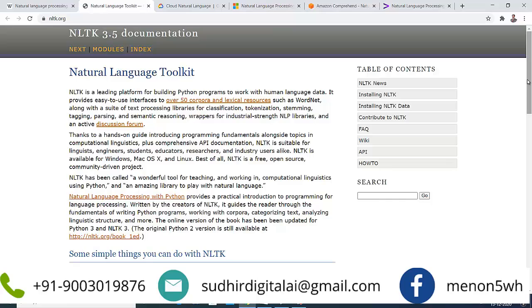Okay, it provides easy to use interfaces to over 50 corpora and lexical resources such as WordNet, along with a suite of text processing libraries for classification, tokenization, stemming, tagging, parsing, semantic reasoning, and wrappers for industrial strength NLP libraries. It also has a very active discussion forum. Okay, so you can really see a lot of hands-on lab there, and you can download this particular book and